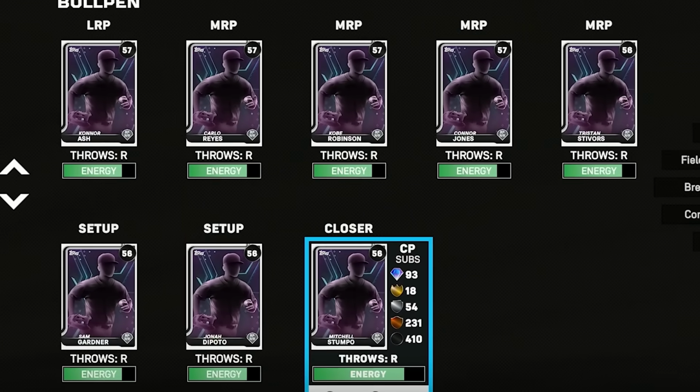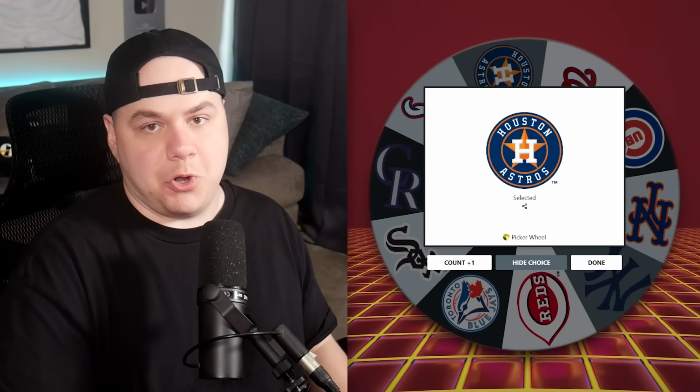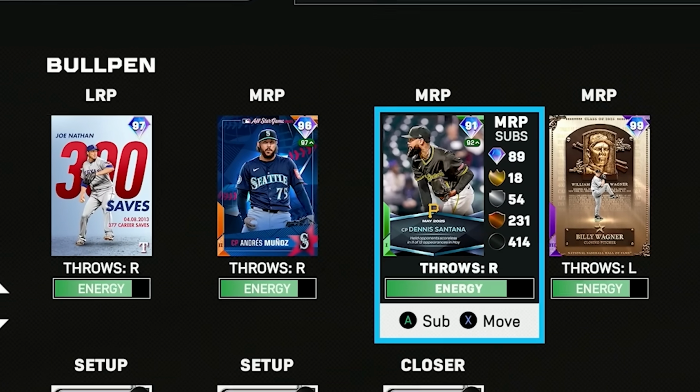And that just leaves the bullpen. I'm going to do 4 spins at a time, starting it off with the Texas Rangers. After them, we have what looks to be the Seattle Mariners. Next up, we are heading with the Pittsburgh Pirates, and then we have the Houston Astros. So I'm starting off the bullpen with Joe Nathan, Andres Munoz, Dennis Santana, and Billy Wagner, which just leaves the